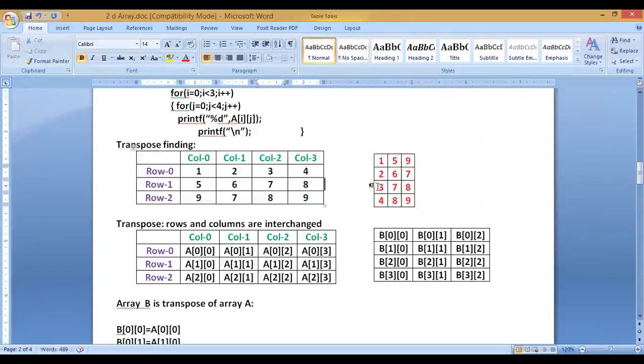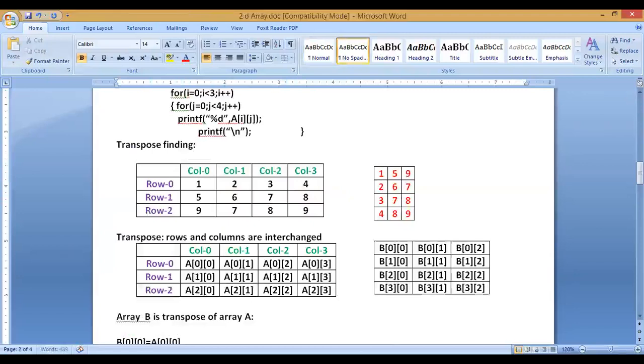This is the original matrix and this is the transpose of it. This is the transpose matrix of the same.